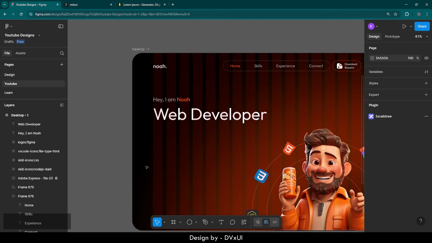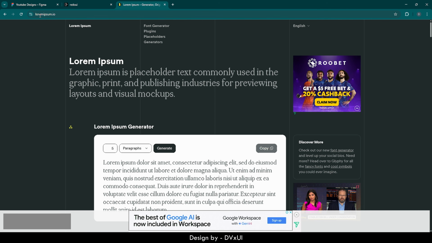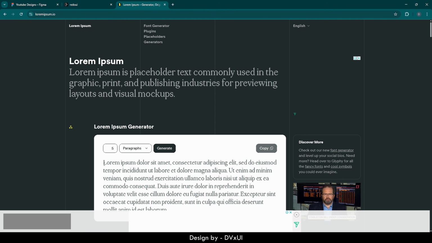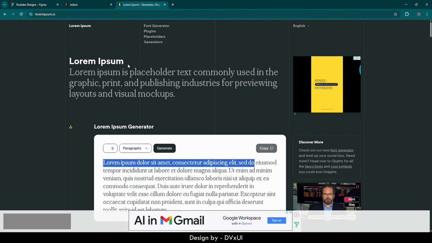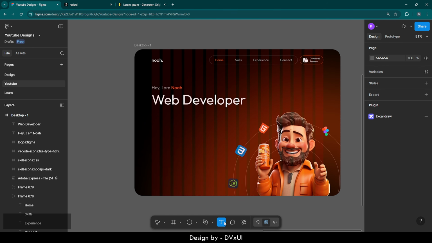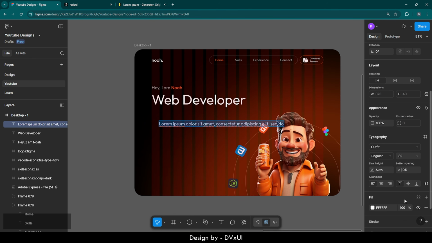Yeah, perfect. It looks great. Now we need some description line over here. For that, we will go to this website, which is loremipsum.io, and from here I will copy this much of the text. Go to design again, take a text, paste it, select it, change the font size to 22, and the regular is great, but this is going to be 70 again, and then I will paste it something like